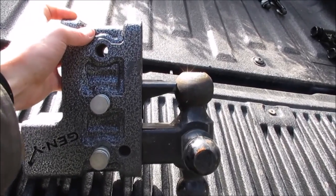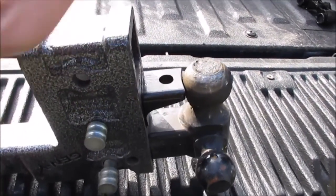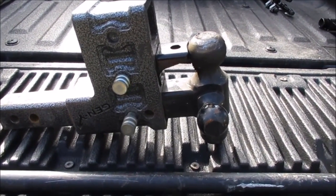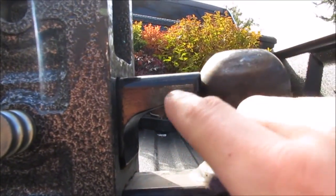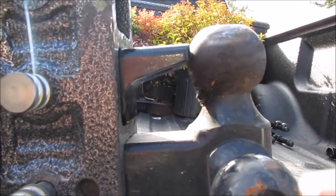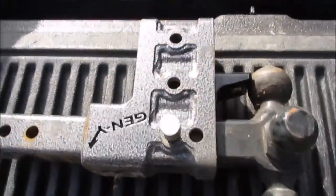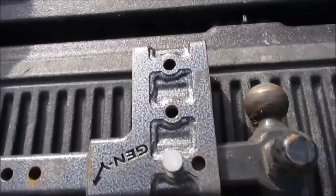And again, this is rated for 10,000 pounds. I've yet to tow a pintle with this since I got this hitch, but I'm sure I will eventually in the future, and I can't wait to test this out. I was kind of skeptical about this, but I've seen other people rate it, and they say it can handle the weight and it'll do just fine and what you need it to. And another thing with this, after a year of use and abuse, because I'm not nice with my things,